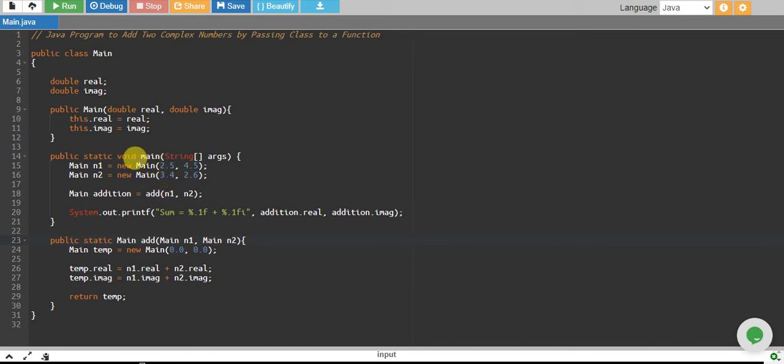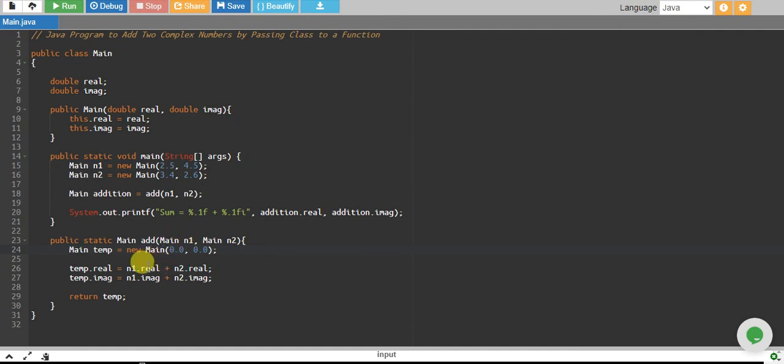That is why we created main constructors and we passed n1 and n2, because this function is taking main data type of n1 and n2, and because this is also returning a main data type object, that is why we created a temporary variable of main data type, in which we just added our two numbers.